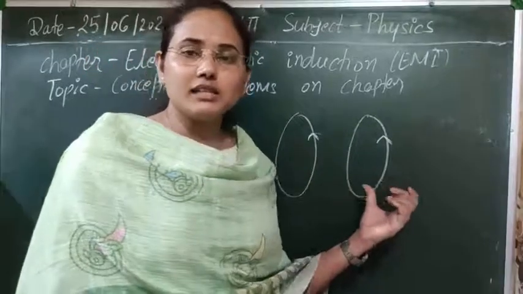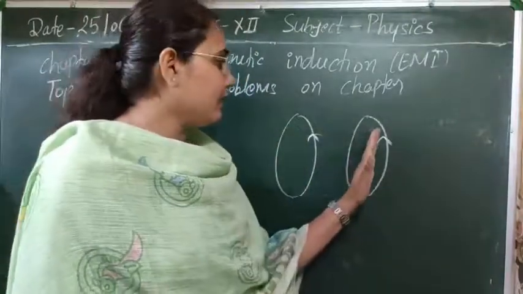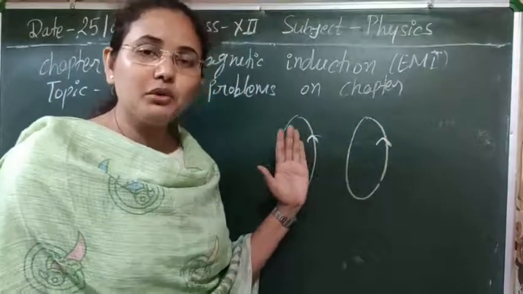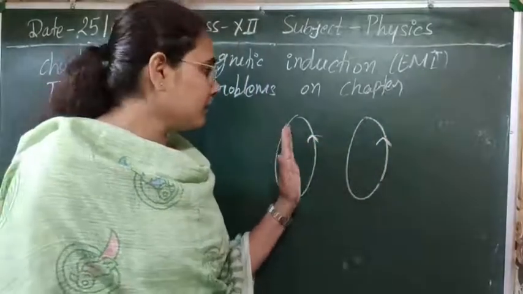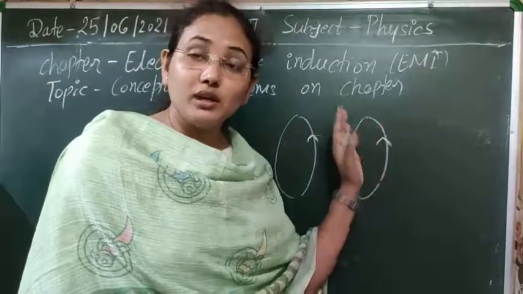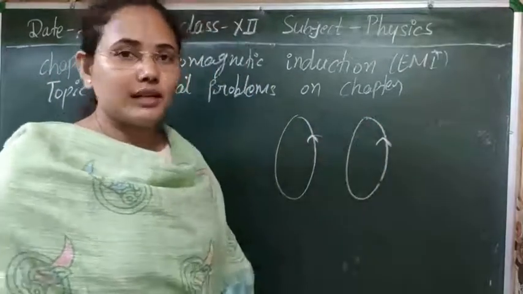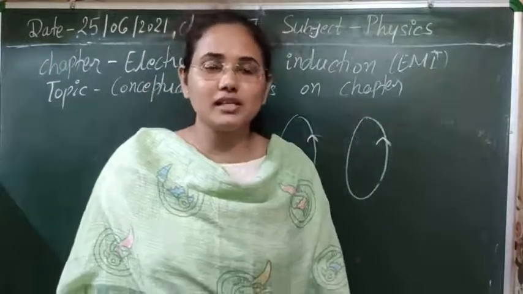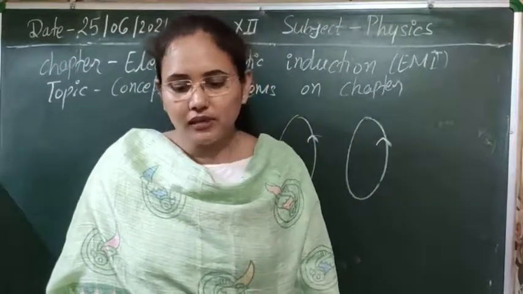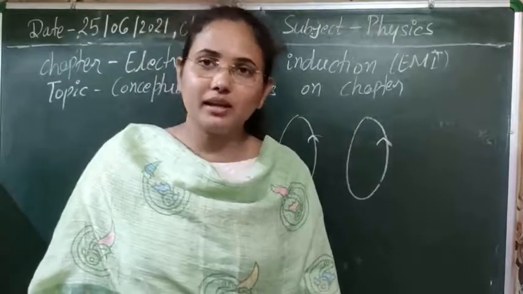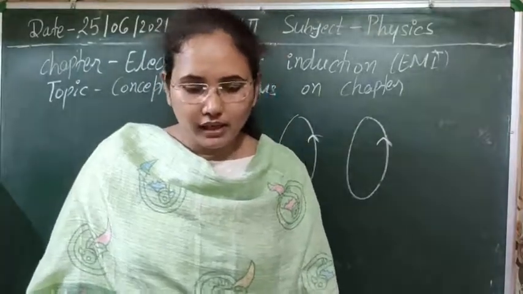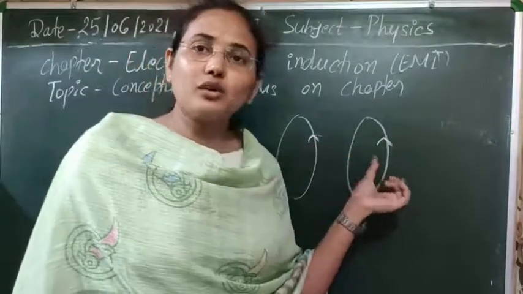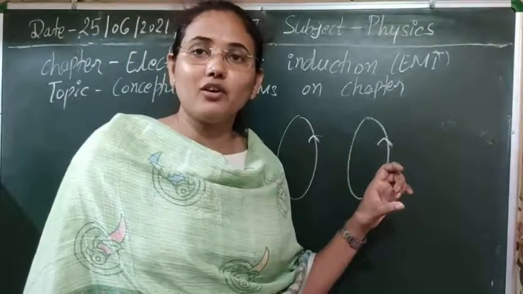these coils will change. The reason is that the current in this one starts to apply mutual induction on the other, and this one will apply mutual induction on this one. So due to the effect of mutual induction, the flux associated with these two coils will change, and due to the change in flux some induced EMF will be generated. So obviously the current that is flowing here will start to change due to the induction phenomena